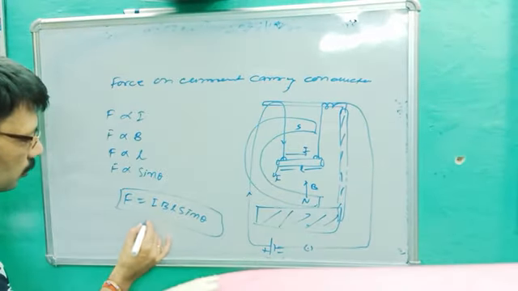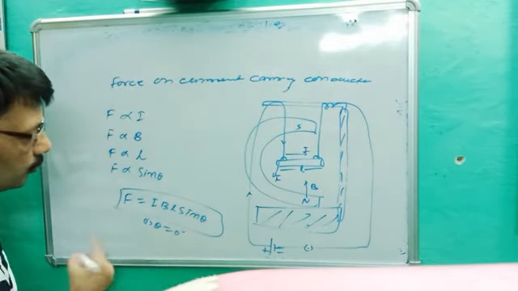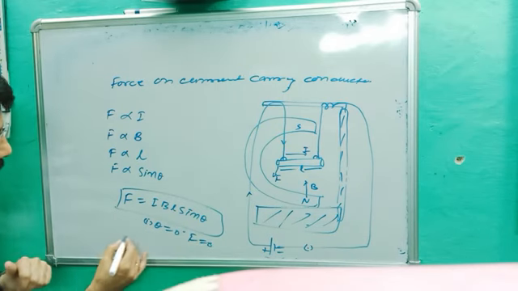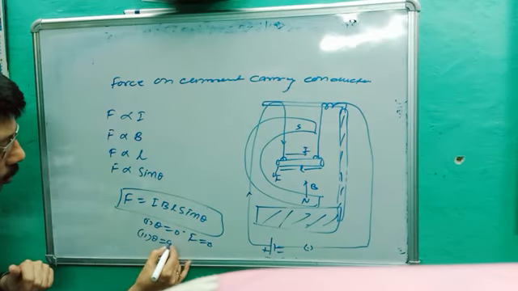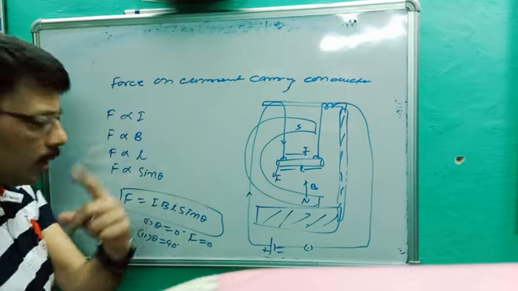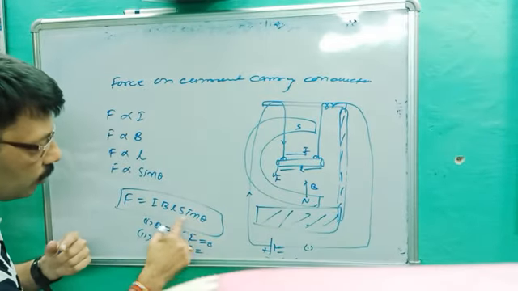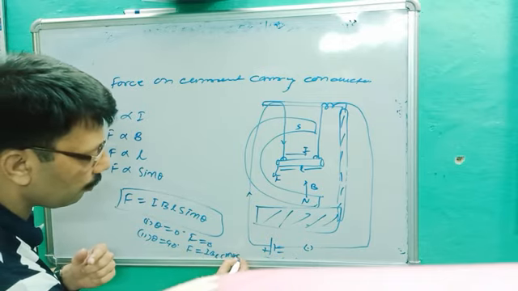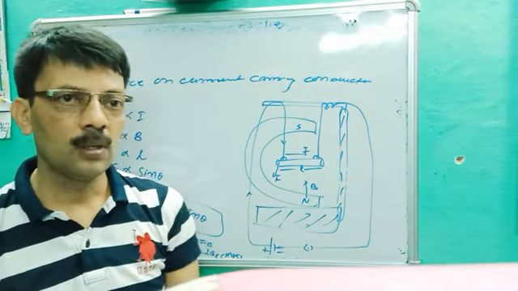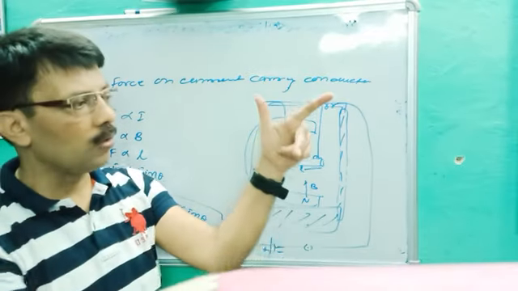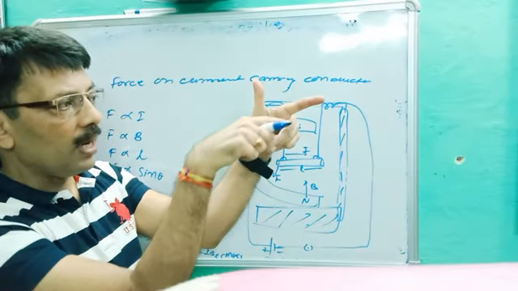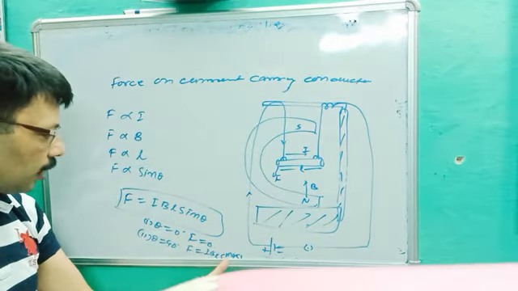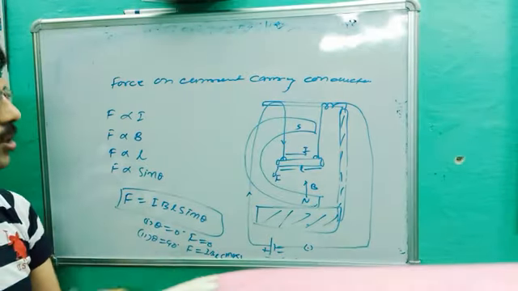If theta is equal to 0, sine 0 is 0, so the acting force F is equal to 0. Second case, if theta is equal to 90, you better know sine 90 is equal to 1, so F is equal to IBL, and this force will be maximum. Many times the question is asked: when will force be maximum? When theta is equal to 90. In Fleming left hand rule, if they are perpendicular to each other, it means they maintain an angle of 90, sine 90 is 1, and you get F is equal to IBL, and this is the maximum force.